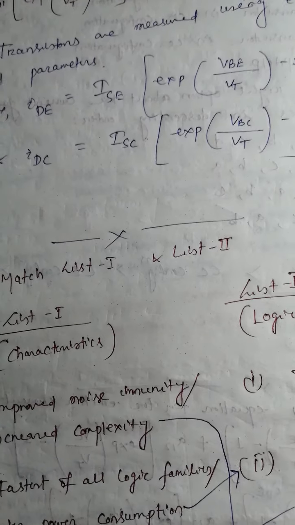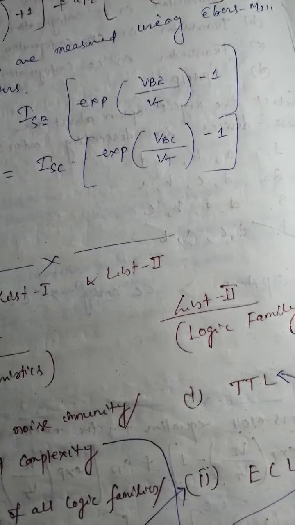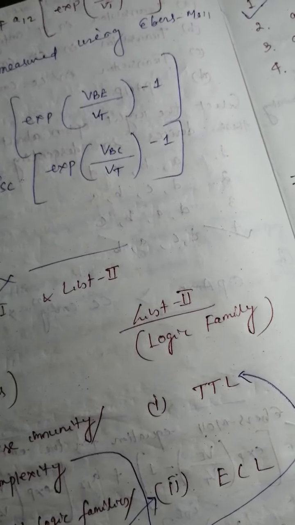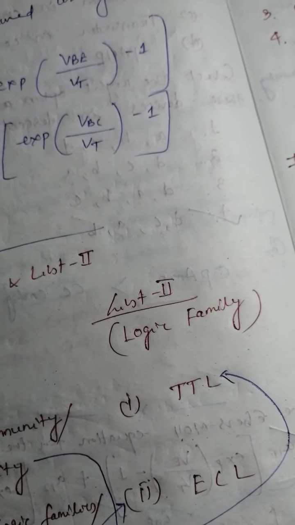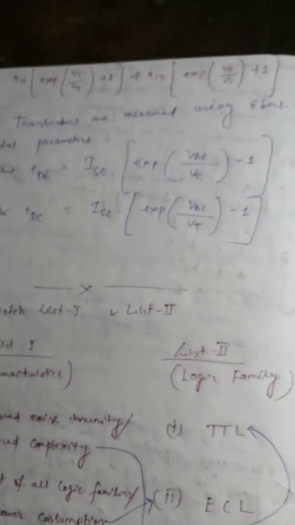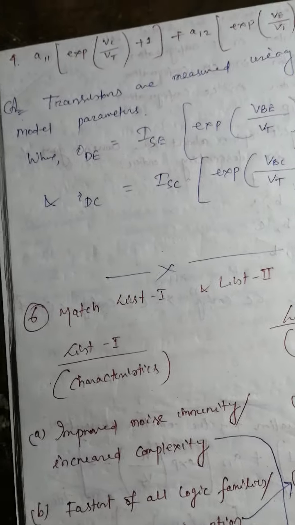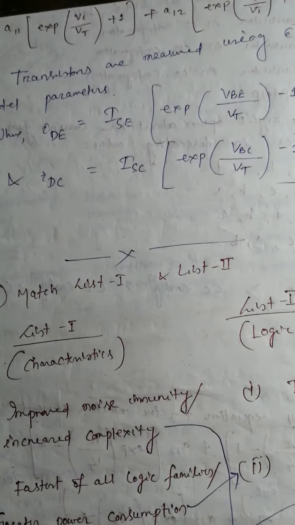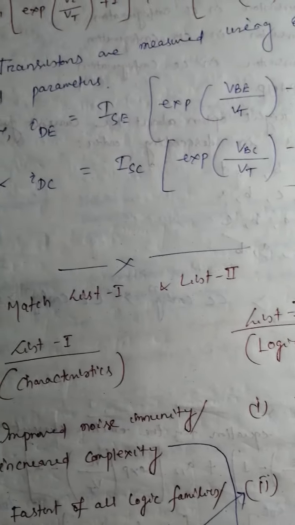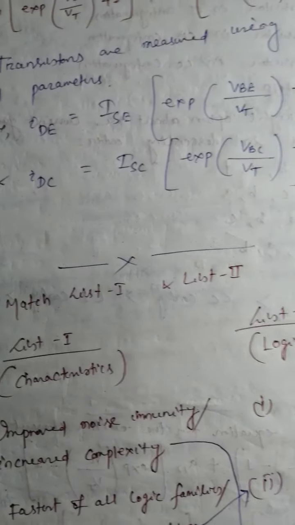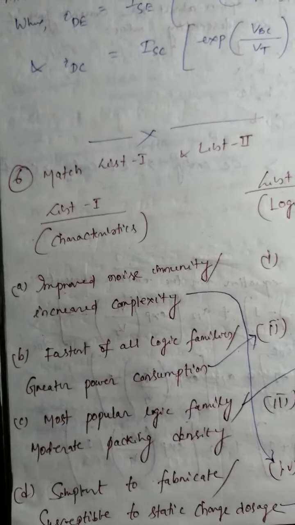Similarly, IDC equal to ISC whole into exponential VBC divided by Vt whole minus 1, square bracket closes. You can go through this part in more detail in the book, but for the time being you can remember these things. Fine. Next,